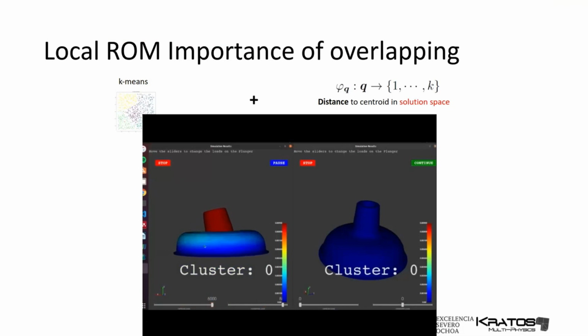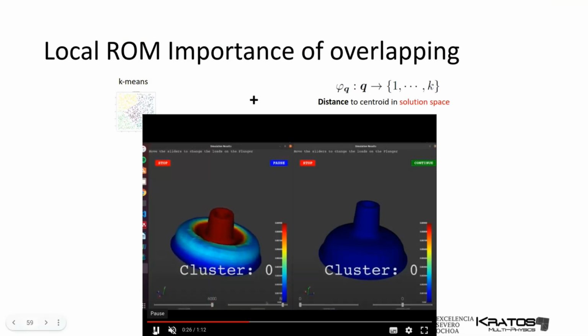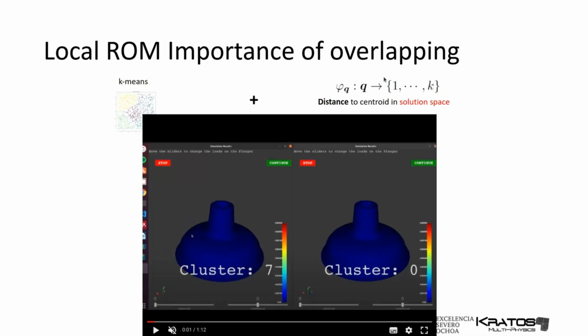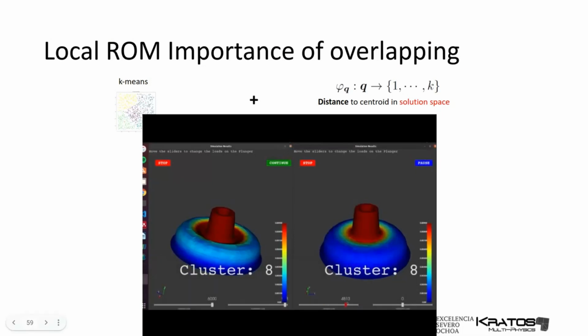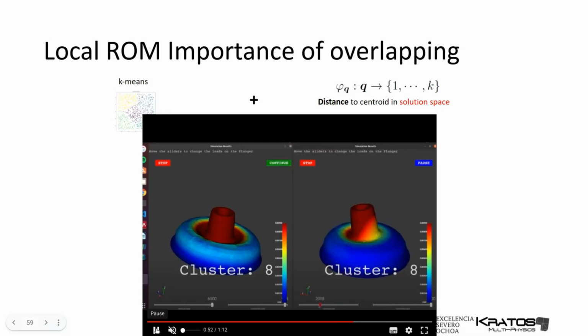If I follow the training trajectory, I can actually move there. But once I get back to this cluster, I get stuck. Because basically, I am evolving on the solution space, and this particular cluster is not rich enough. It cannot really go there. If I go to this one, it has been overlapped, the same clustering, same 10 clusters, but it has a better overlap. Now you can really explore all the deformation states. So that's important, how to do the overlap, to do a correct overlap, in order not to overfit, let's say, the training trajectories.